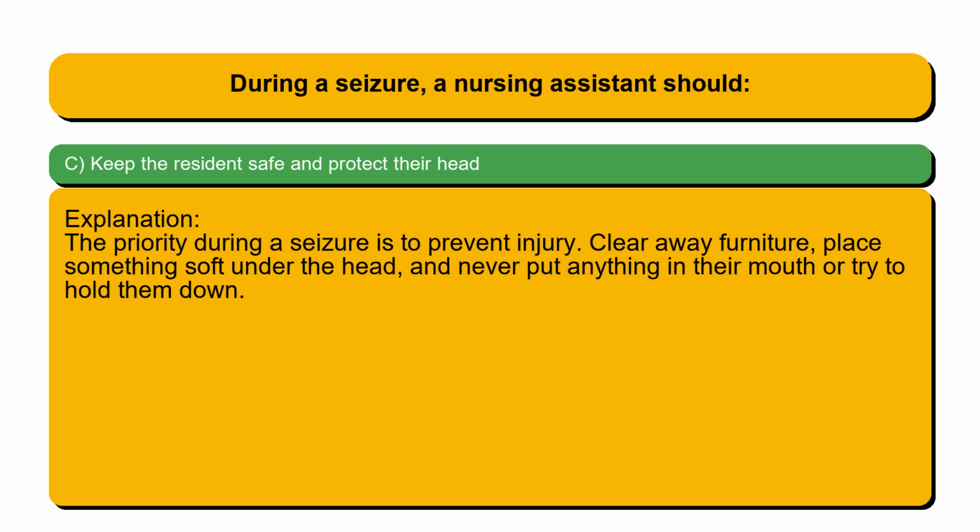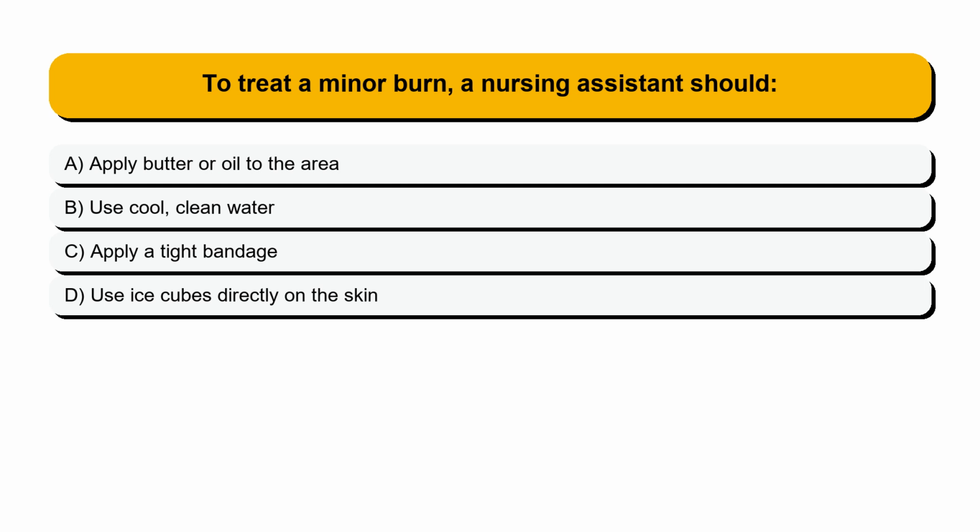The priority during a seizure is to prevent injury. Clear away furniture, place something soft under the head, and never put anything in their mouth or try to hold them down. Question 72. To treat a minor burn, a nursing assistant should: Option A, apply butter or oil to